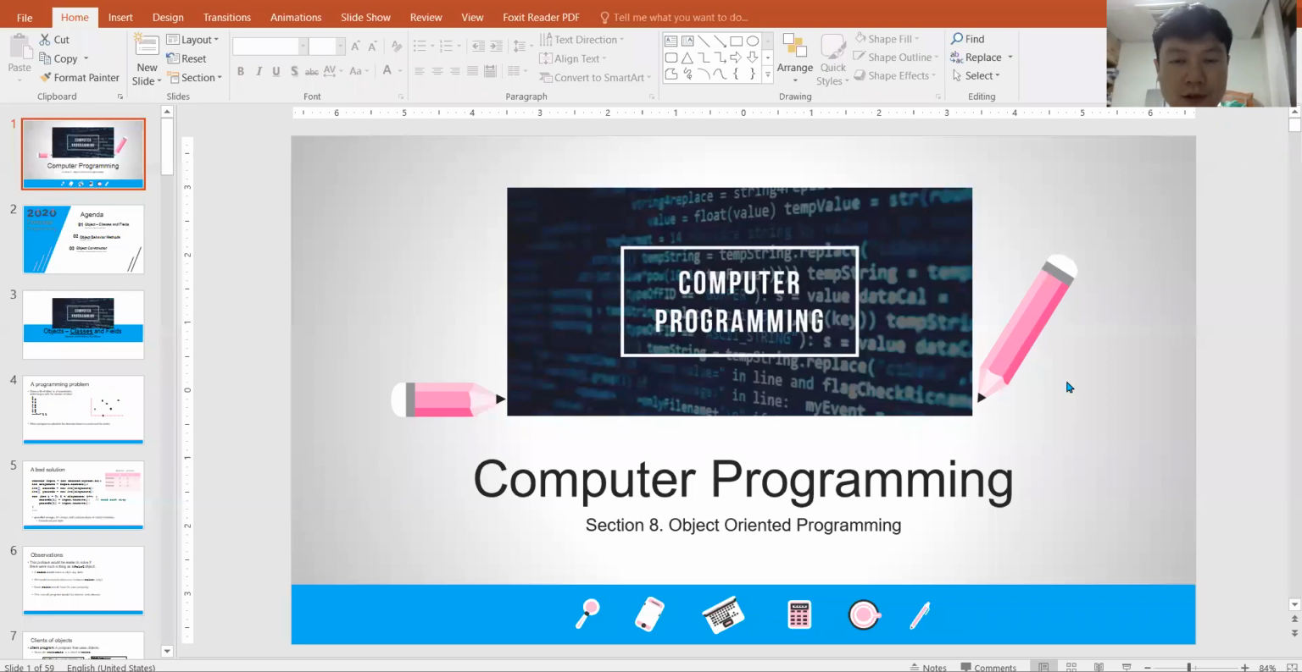Hello again, this is the course of computer programming, and in this chapter I'm going to discuss a new topic which is related to object-oriented programming. Usually we will learn this stuff in one semester, but for our course I try to make it very compact, okay, in